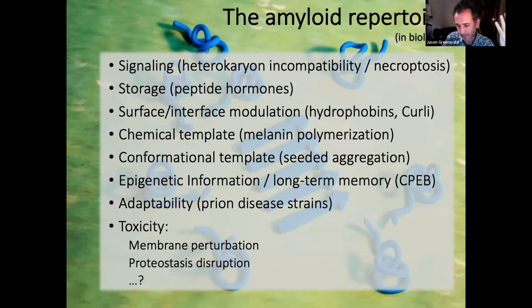So already 20 years ago, there was quite a lot of this information here. This is basically what we knew amyloids could do as a function in biology. And I will skip over this quickly because I will run out of time. I want to point out that one of the clear things they do is work as conformational templates or a chemical template. And this we've pursued further as potential for their self-replication and their adaptability, which has been shown in prion diseases, that they can change their structures to adapt to the environment,